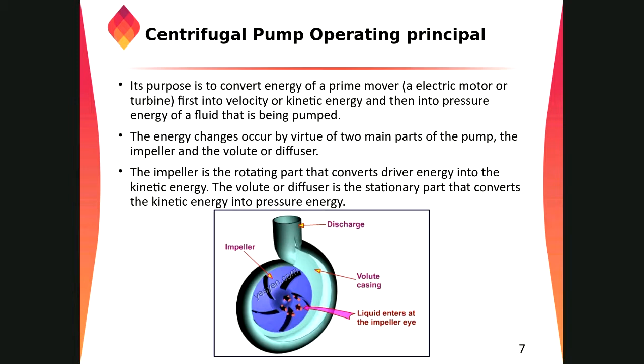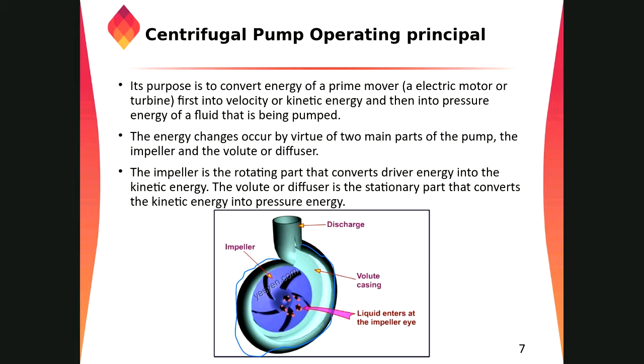Here we have the liquid inlet, and here we have the impeller, the eye opening. At this location, water enters, and through the impeller it is rotating like this, right? The water goes through the impeller and then through the volute casing toward the discharge at the top. The area of the casing increases as it goes to the top of the discharge, right?